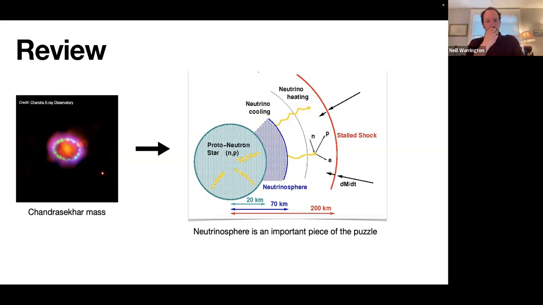So this brings us close to the end of last time. Then I zoomed in on the core collapse, and I argued that something called the neutrinosphere is an important piece of the puzzle. And we'll spend most of today